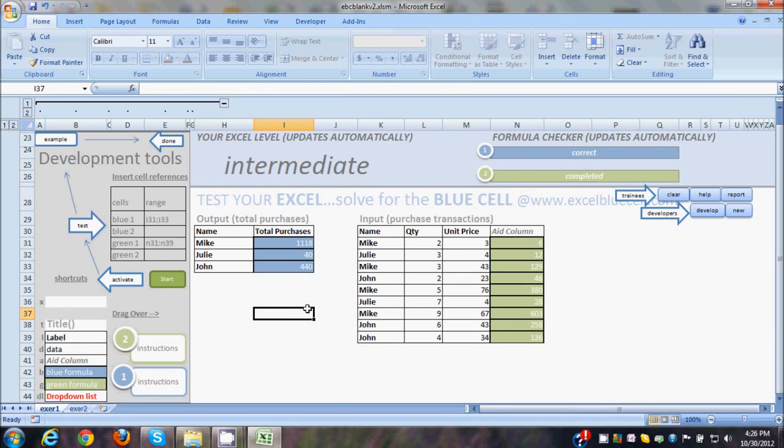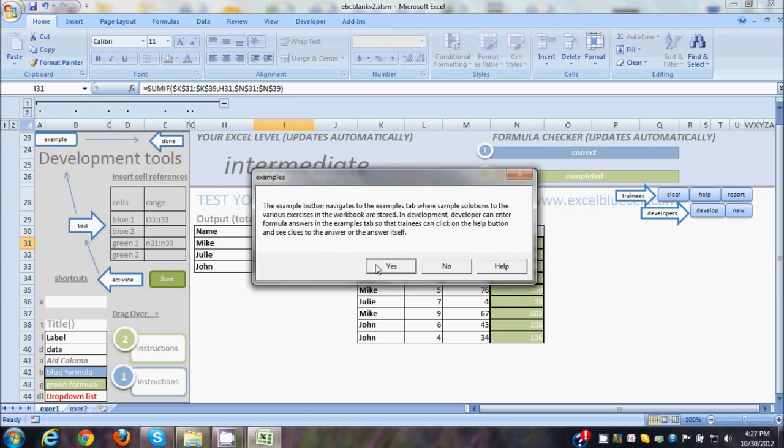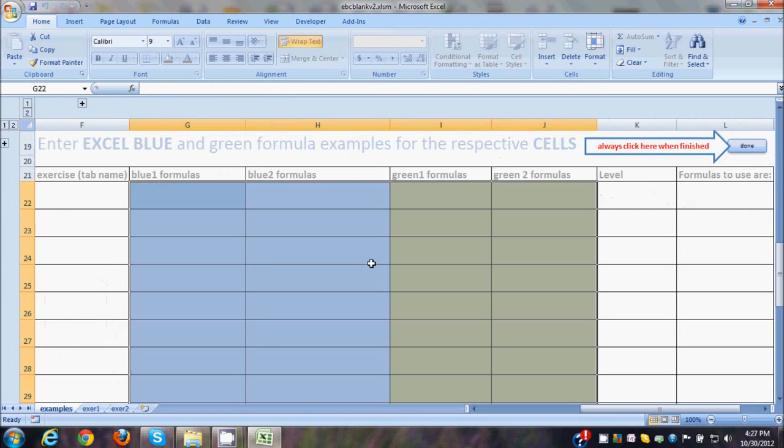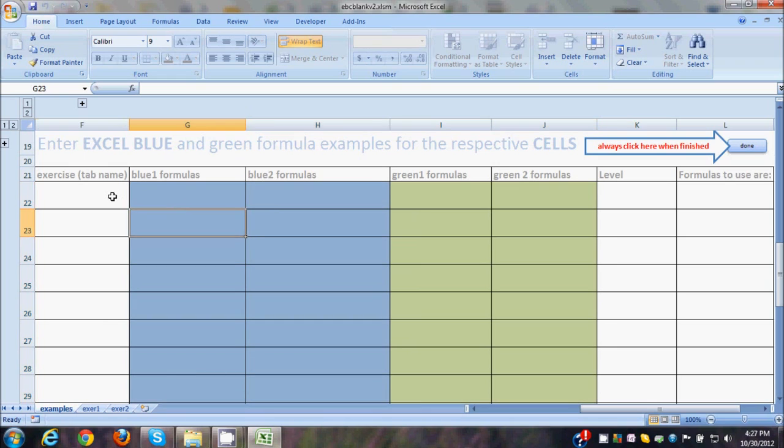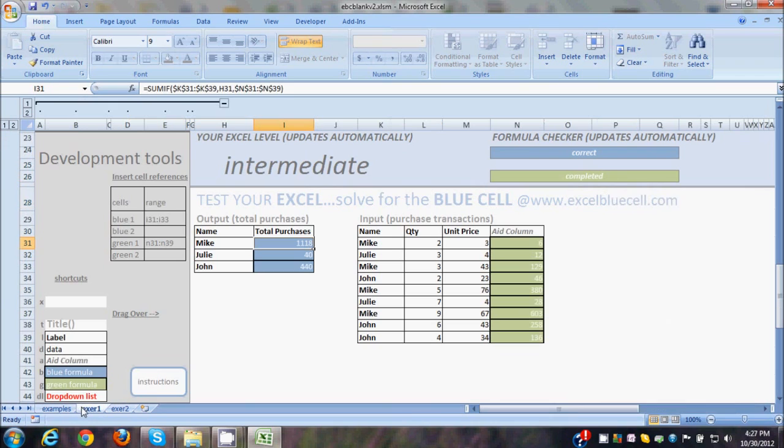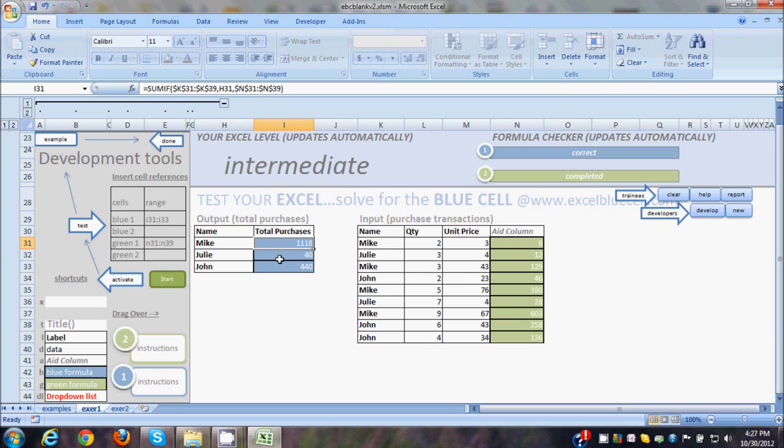So the next thing we want to do is log in this example that we created. And for that, we simply open up the example tab. So we click on example and click yes. And in here you will see that there's a drop-down menu. You choose exercise 1, and then you want to enter the blue one formula and the green one formula. And so we're going to go back here, and you always want to choose the first cell in the range. You want to copy the formula,